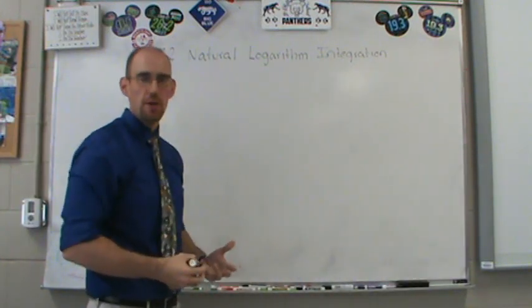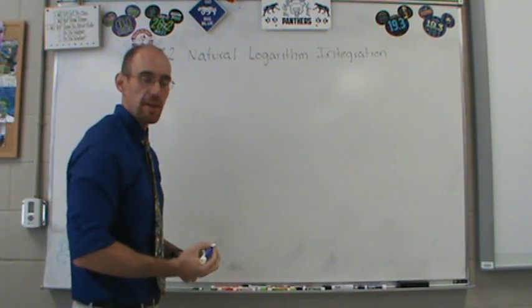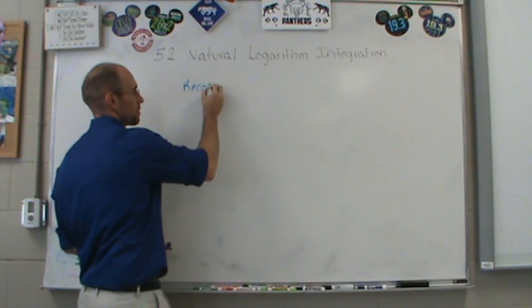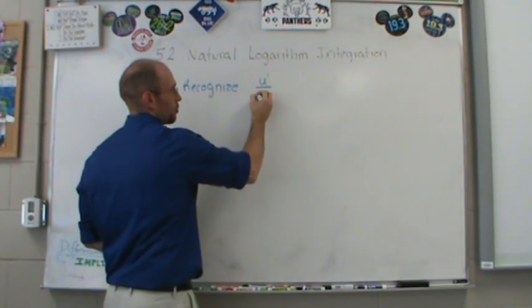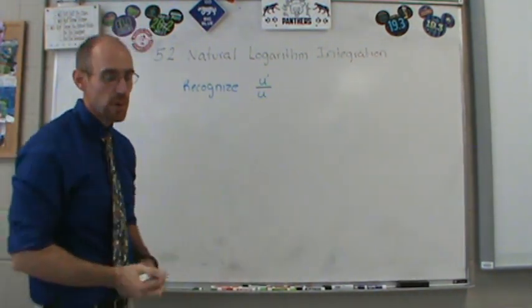If we see something that's already in the form of u prime over u, we really don't have to do u substitution with it. It's already there for us. All right, so we want to be able to recognize u prime over u. When you can recognize that, it just makes it a lot quicker. For example,